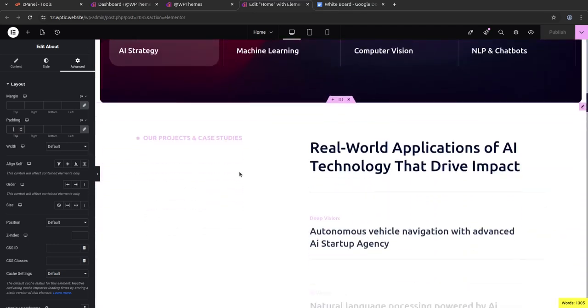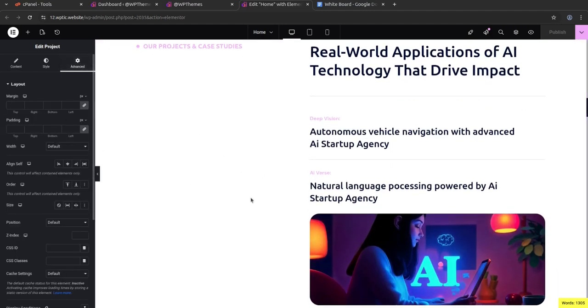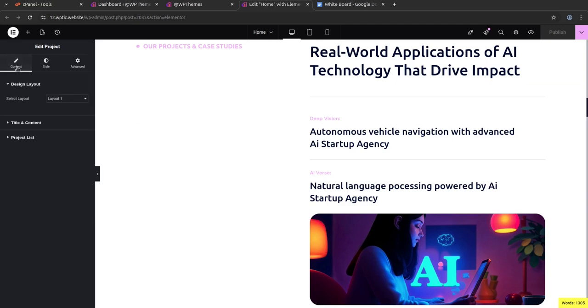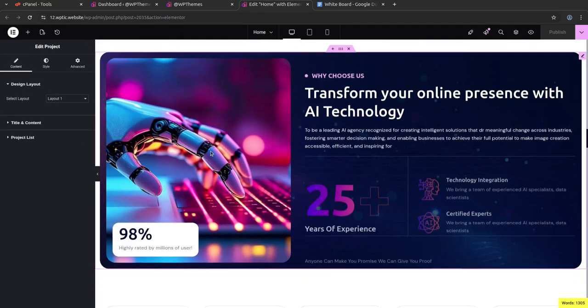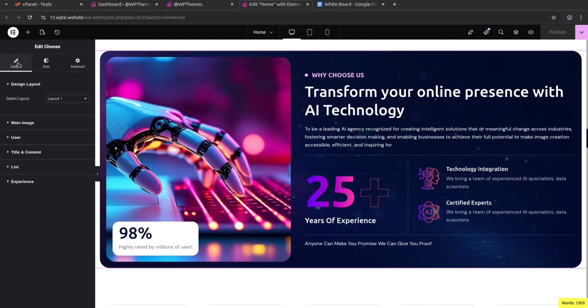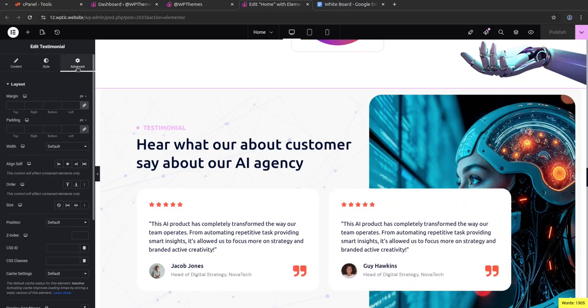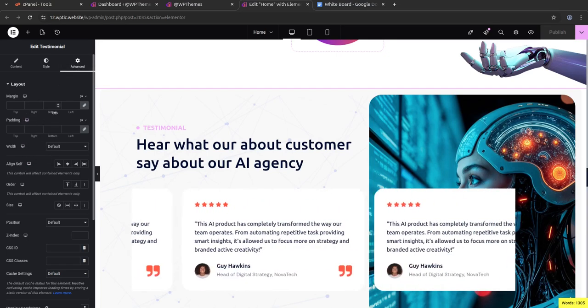And just for another example, if we select this and go to the advanced, and this is the image area, the layout is here. This is the image block, and again we have the same options in the form of margin, padding, width and all. So if we define the difference,